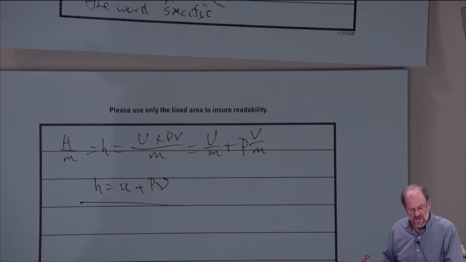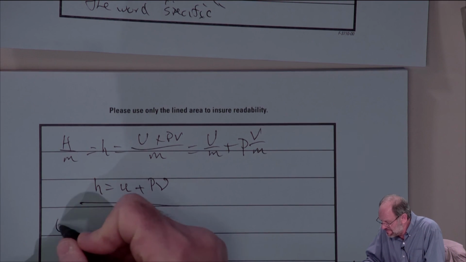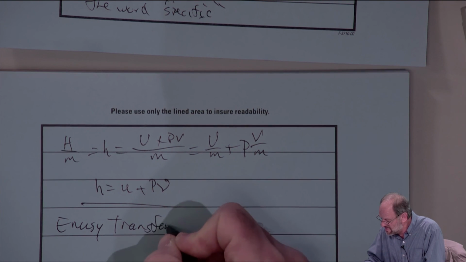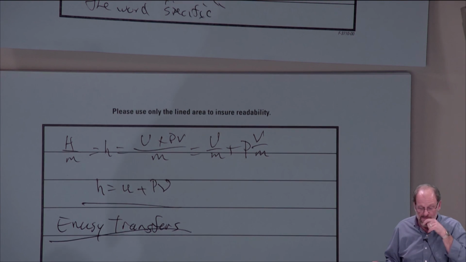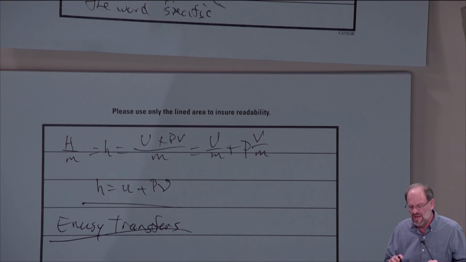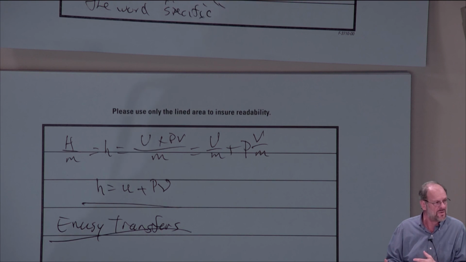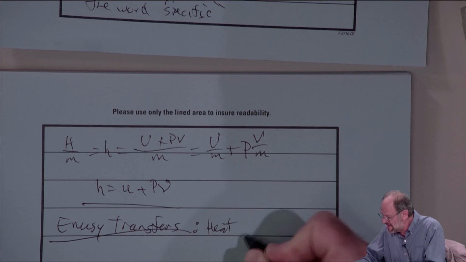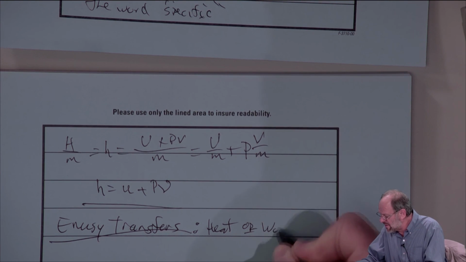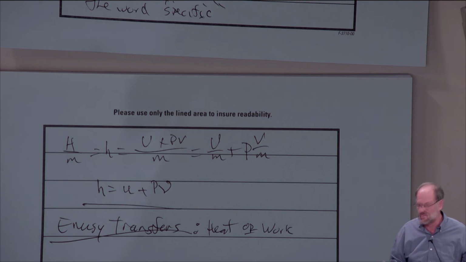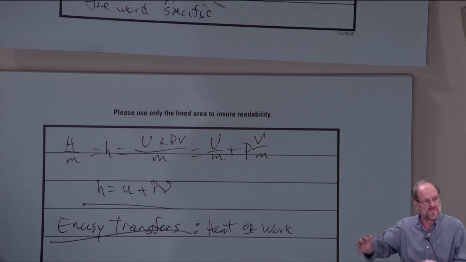And now let's talk about energy, specifically energy transfers. Okay. So when we talk about energy transfer, and I know I've alluded to this in the past, there's really only two ways that we can transfer energy. One is by heat, and the other is by work. Okay? If there's a temperature difference between my system and its surroundings, then it's heat that's going to be transferred. That's how the energy is going to go from one to the other.